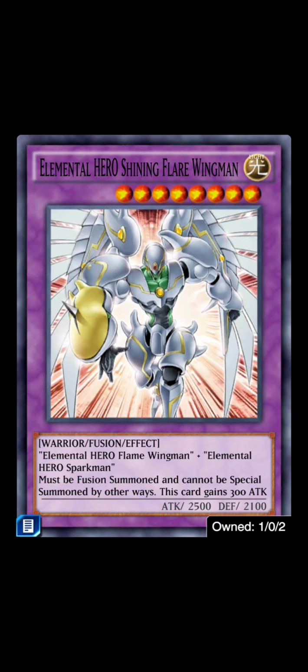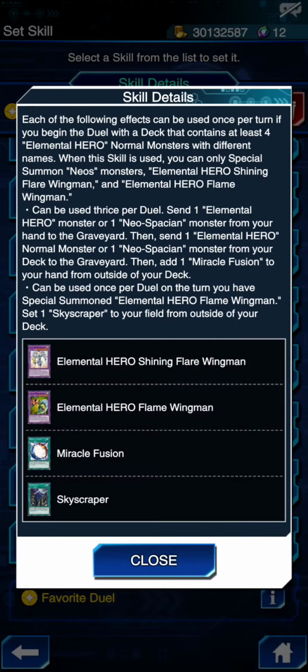And then Shining Flare Wingman is there to be the comeback, where you foolish Sparkman the other turns with your Flame Wingman that's like in the graveyard for your other Miracle Fusion. Now, what's the third Miracle Fusion gonna be for? Unless you want to play like a second Flame Wingman and more targets, what you can do instead,